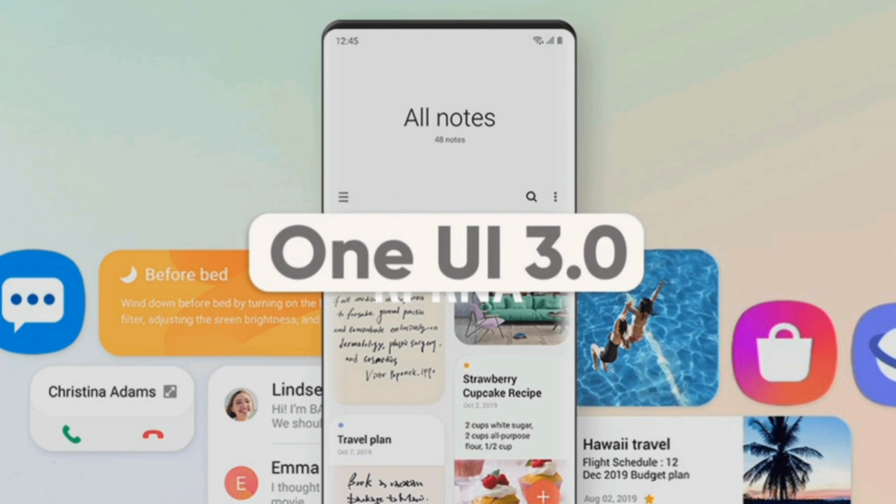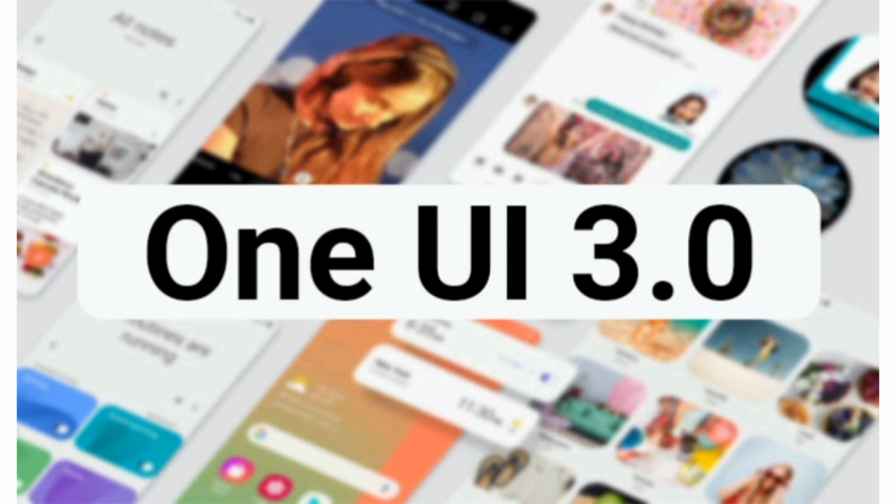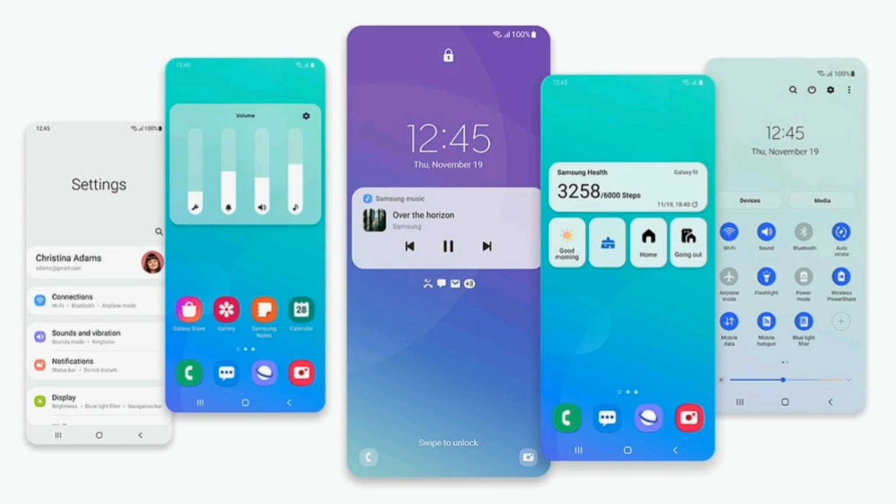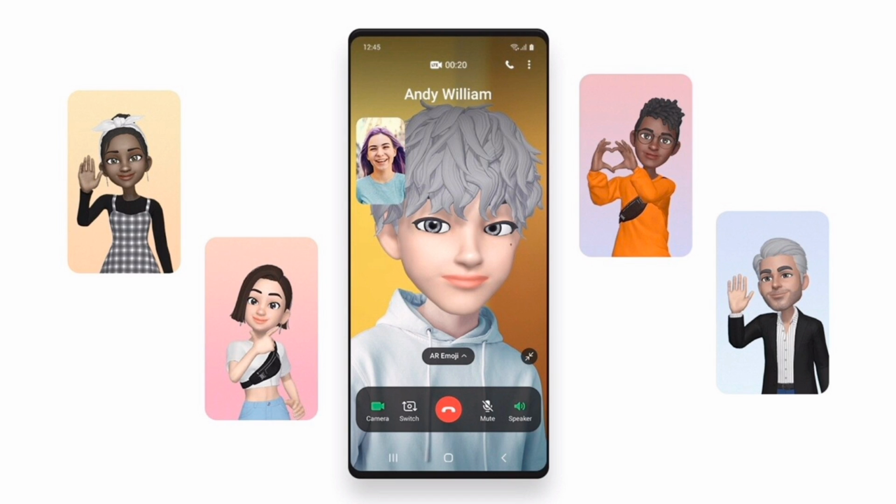Samsung's One UI 3 is based on the latest Android 11, which was released almost 4 months ago. Samsung's UI for its Galaxy phone has never been stock, so their Android 11 implementation comes with its own spin. One UI 3 not only comes with new features but with an updated UI design too.